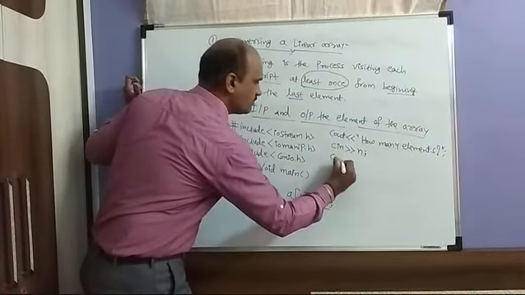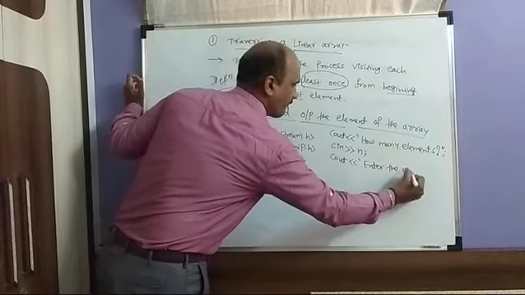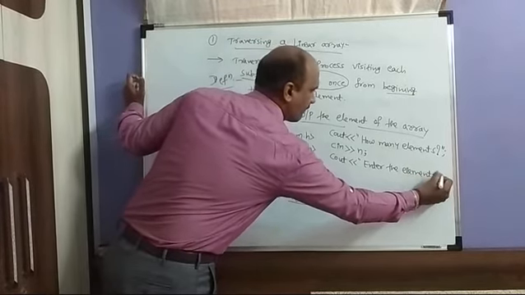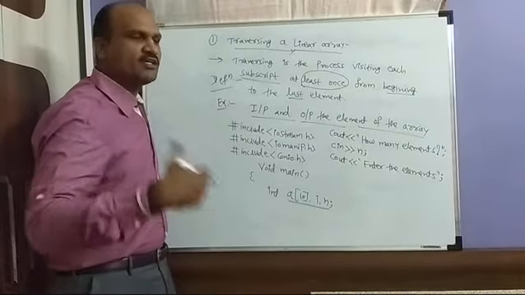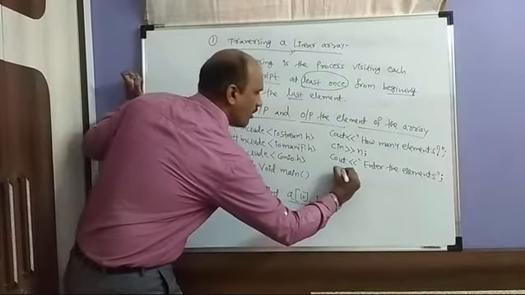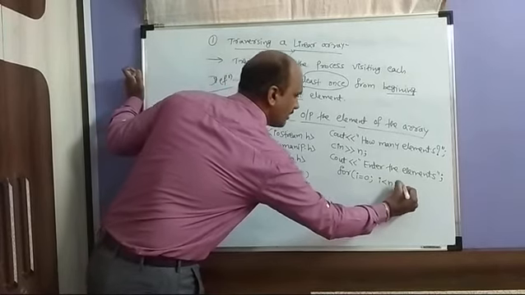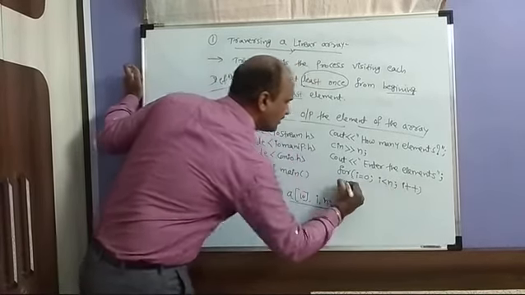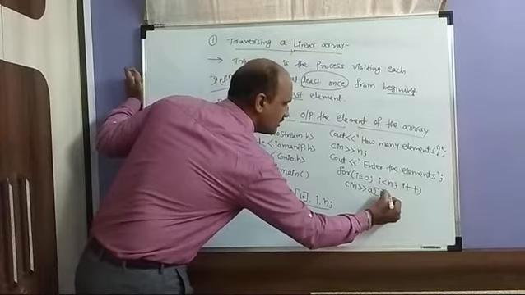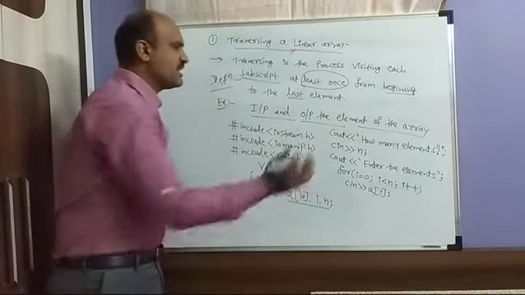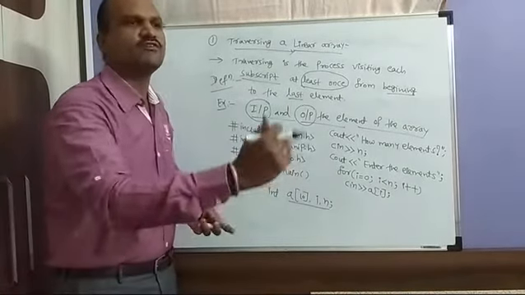So that is cout, enter the elements. If you want to enter the elements, you again have to use a for loop, because each element has to be entered. So for i equal to 0, i less than n, i plus plus, then it will read. What will it read? cin a of i, because each element has to be read, and the same elements we are printing. That is inputting and outputting. That is the traversing of each element.